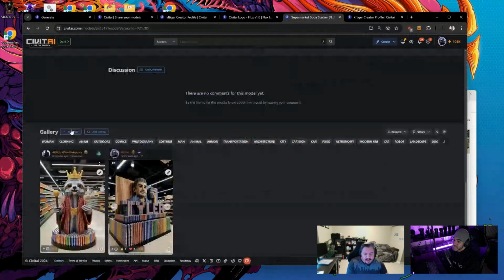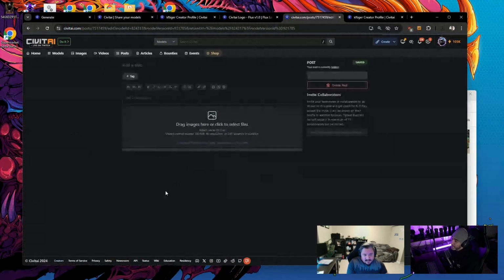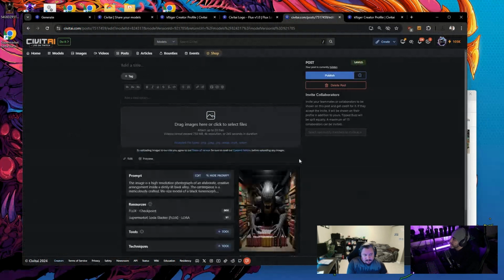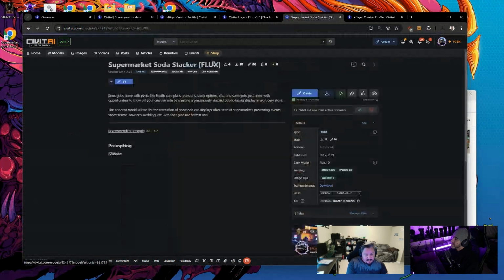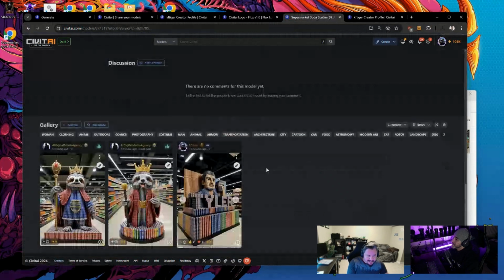Then if you go to add post here, hey, look, there's another post. And then if you drag it in here. I'm about to put my best Buzz Daddy one up in there right now. And by posting it directly to the model like that, that will make sure that the model maker, it's not going to show up for a few minutes, but,